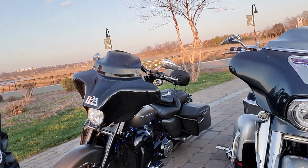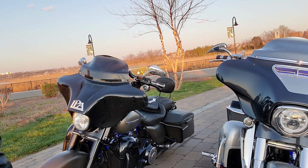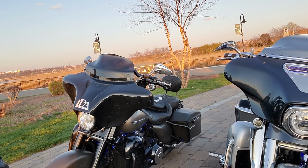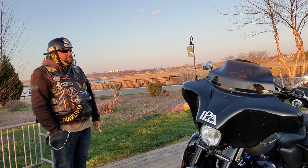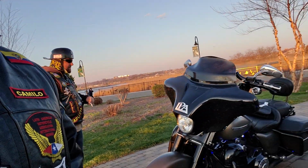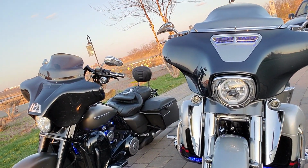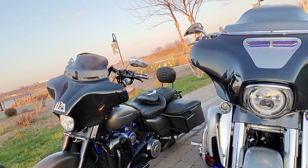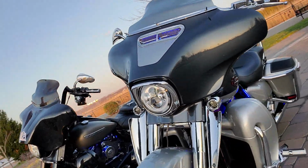We actually rode today for a little ride up Route 3 into 46 and then to 23 and turned around. We did about, I would say, 65 to 70 miles. And we rode there, and then on our way back we actually switched bikes. And what a difference in bikes, because this is a 2019 Street Glide CVO,